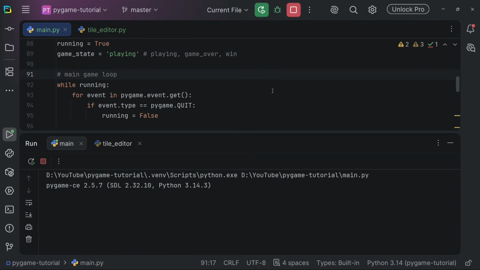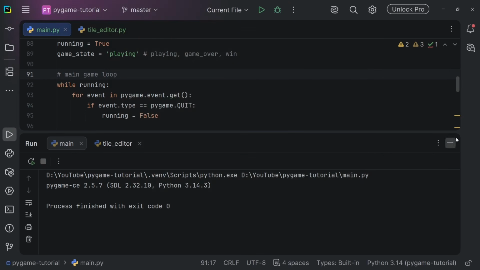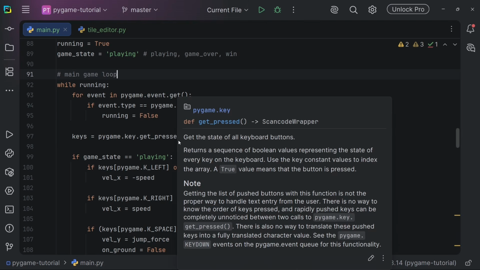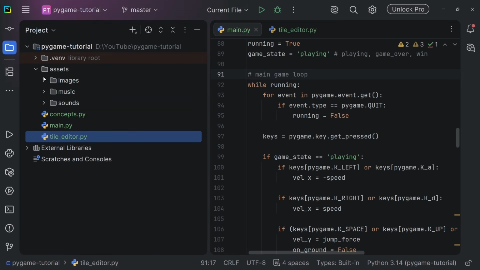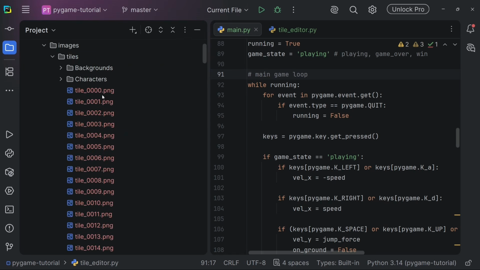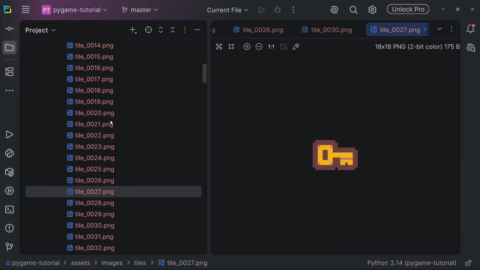and we'll add an ending screen and sound and music in it. All right, so far we can move around, we can hit enemies, and as soon as we touch an enemy, it's game over. We cannot move around anymore. So the next thing we need to add is actually a score system where there are coins and you can collect the coins throughout the map. So inside our assets, let's look at images